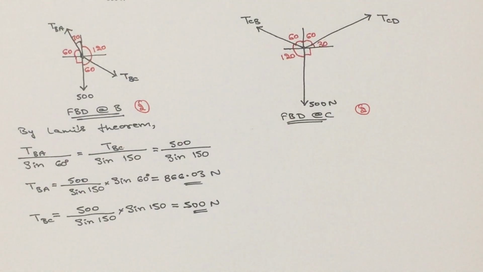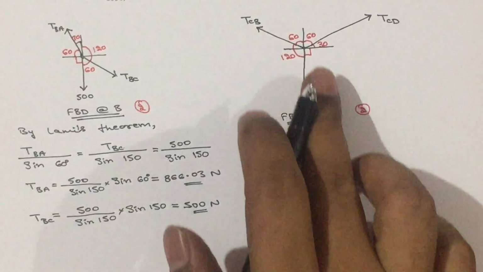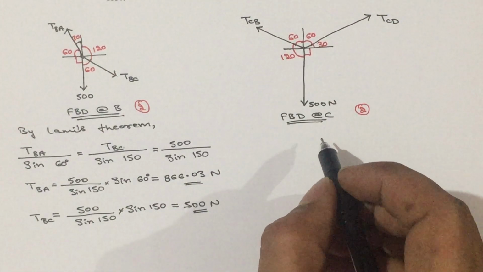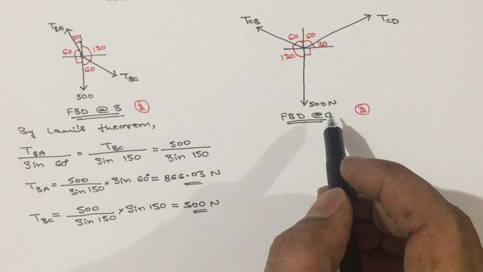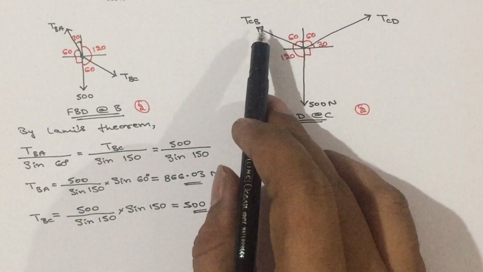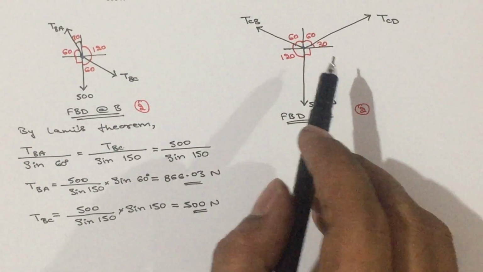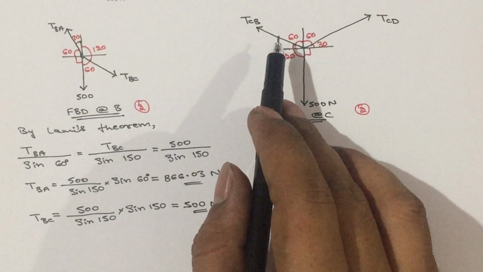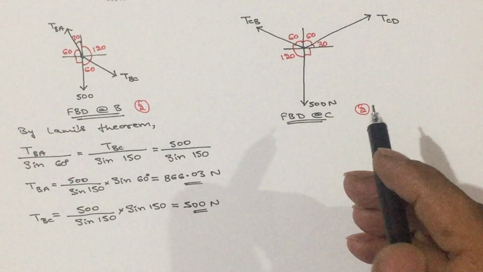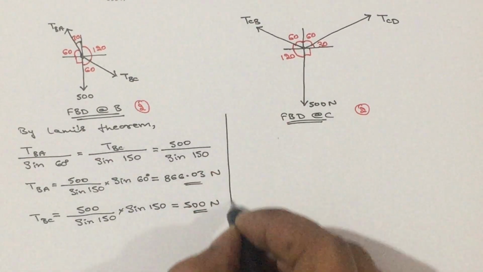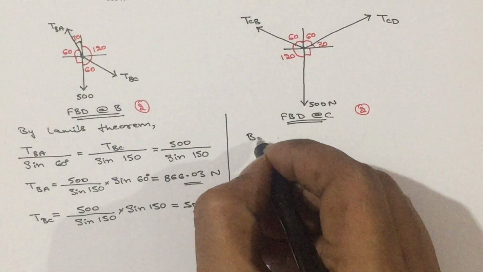Now, once you get the value here, then go to the next free body diagram, then choose the method. For that, count the number of forces, 1, 2, 3. Then count the number of unknowns, 1, 2. If there are three forces and two unknowns, we can make use of Lami's theorem. So, by Lami's theorem,